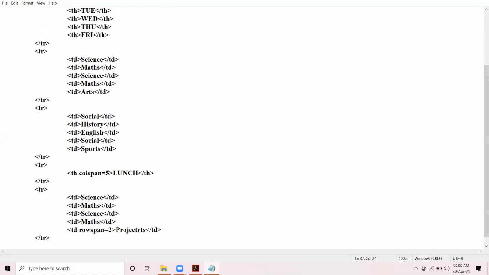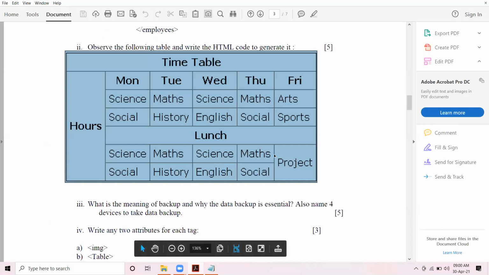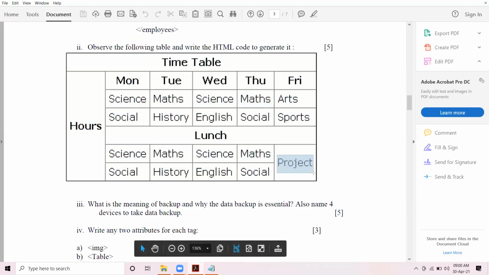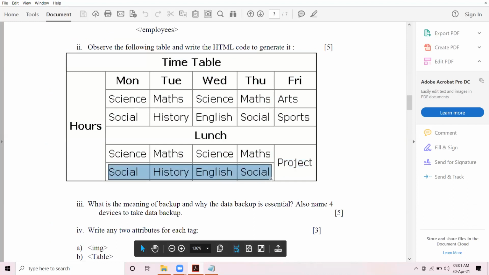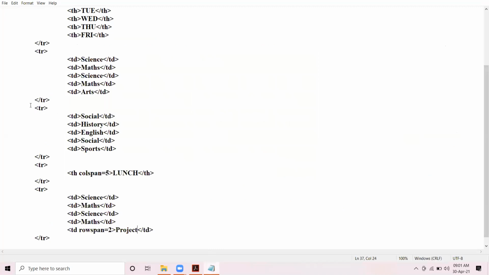Project. See here, the last cell, project, is spanning down 2 cells. So this is the case of rowspan. And in the last row, we are left with 4 cells. Social, history, English, social.